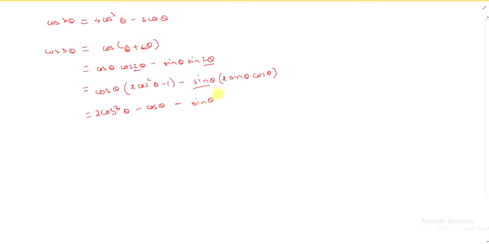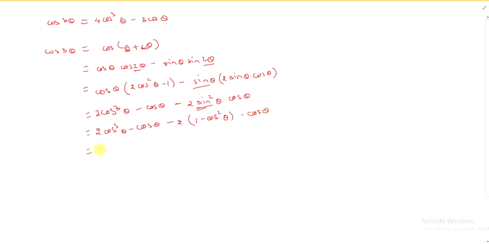and here these two sin theta, now see, carry out the multiplication here, sin theta into sin theta. Now 2 is a multiple, and sin theta into sin theta, sin square theta into cos theta remains as it is. Now E is equal to 2 cos cube theta and cos theta as it is, but for this sin square theta we can make a change, that is 1 minus cos square theta into cos theta, isn't it?